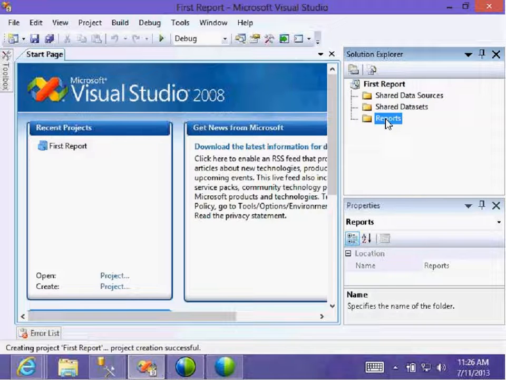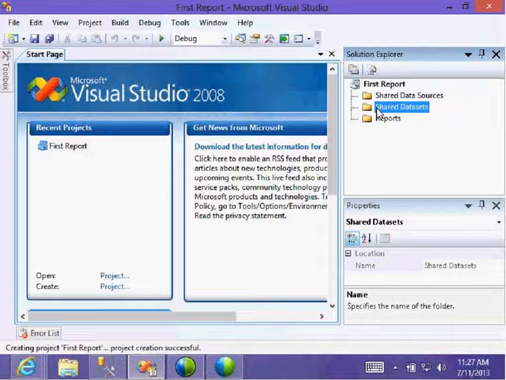Now, to use one particular data source for multiple reports together, you can select a data source. Let's say one data source here. In 2008 there is the shared data set feature. If anybody is having 2008, there is a feature called shared data set. Otherwise, every report you need to write separately. That is in 2008 R2 and 2012 data sets.